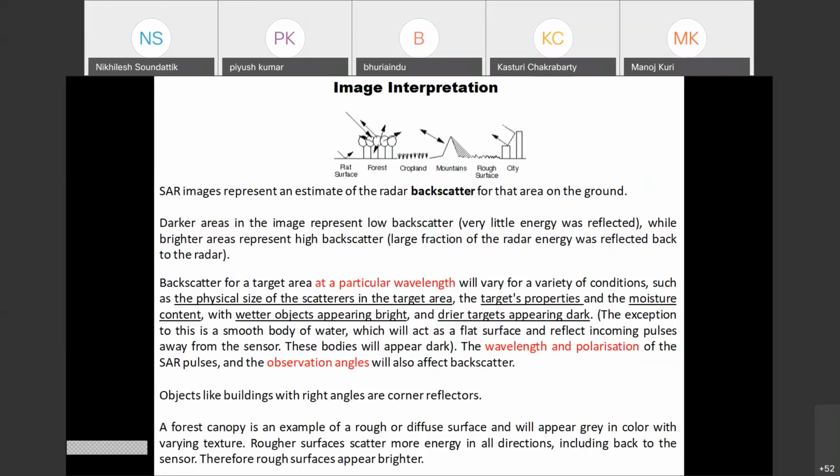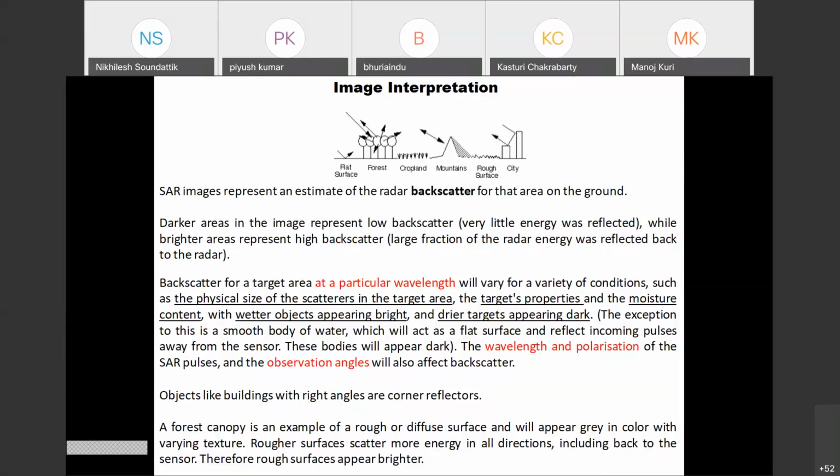So when we interpret the image, keeping all these characteristics in mind, the SAR interpretation will depend on the darker areas. The darker areas in the image represent low backscatter, while brighter areas represent high backscatter. So backscatter of a target area at a particular wavelength will depend on the physical characteristics of the target properties, the moisture condition, and the wavelength and polarization, as we have